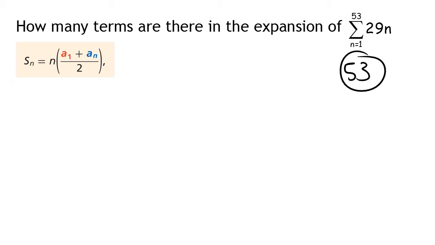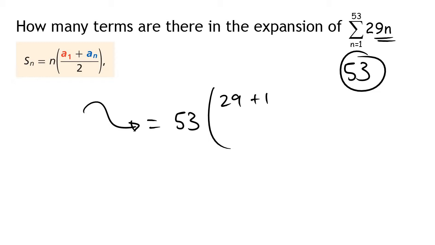So if I was doing that for this particular problem, the number of terms is 53, and the first term would be the number 29, because you can see it's 1 times 29. The last term would have to be 53 times 29, and I could do that on my calculator. 53 times 29 is